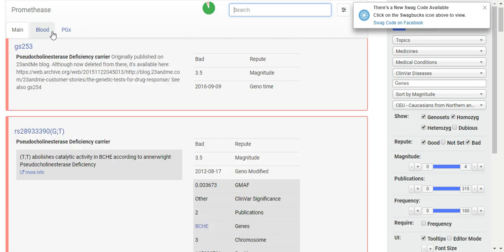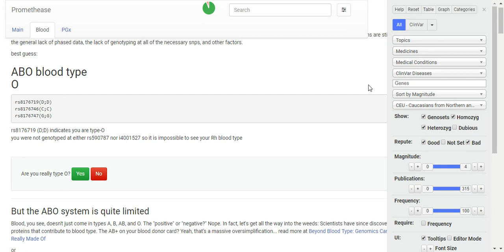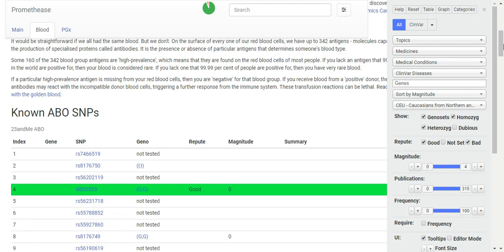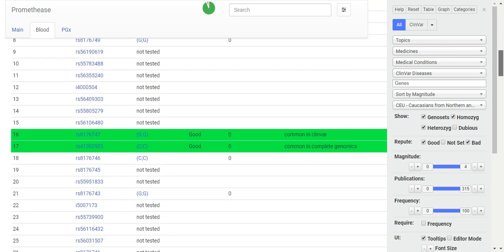You can also, they'll make a guess at your blood type based on your genes. So they guessed I was an O blood type, which is true, I am. So you can see everything that's tested and analyzed. And they'll tell you the repute for it.